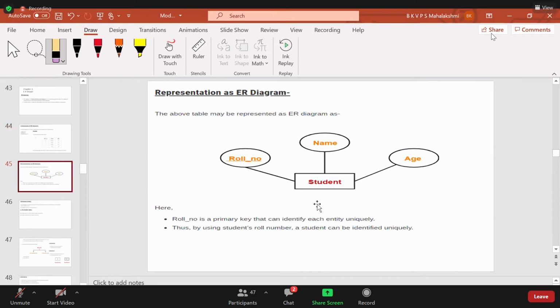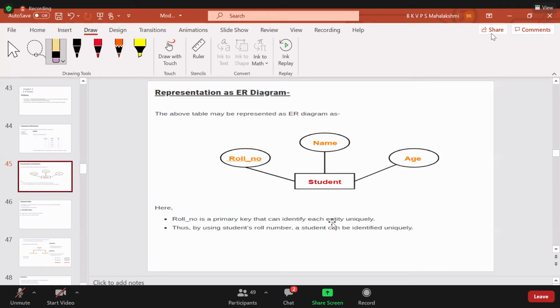Yes, this is a simple ER diagram, the representation as an ER diagram. Here, the student is an entity. So whatever tables there will be for the given application, the entities should be placed within a rectangle, and these ovals are used to represent the features of a student entity, called attributes. So for the attributes, we should represent the attribute names within an oval. Understand the difference?